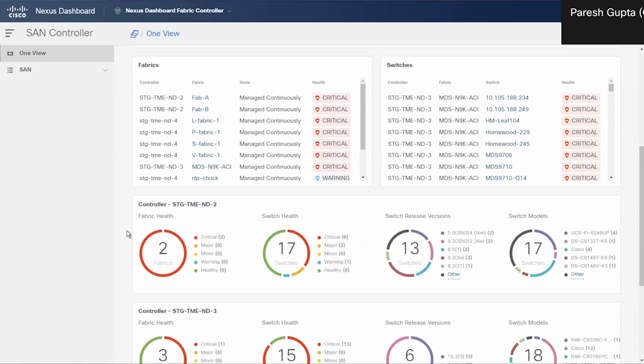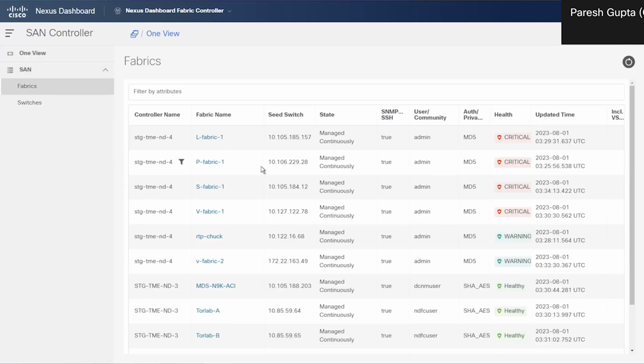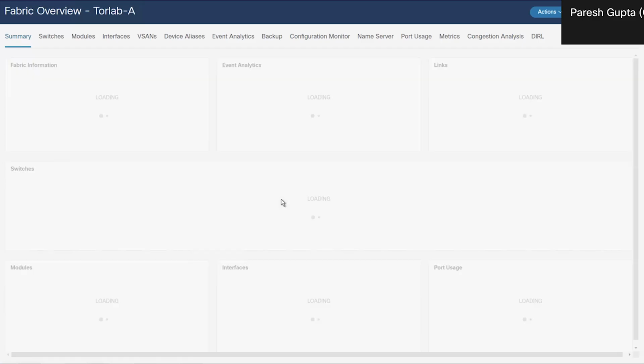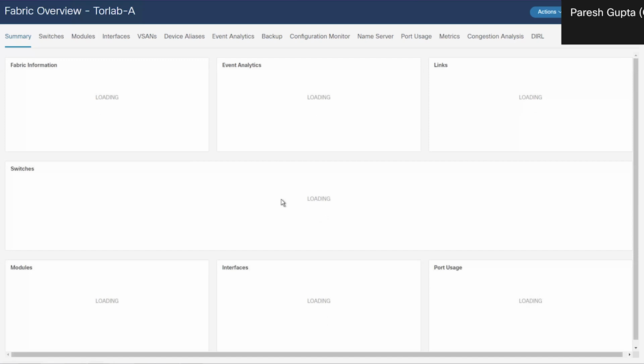Right. Now, at some point, let's say if I go here in SAN and I say go to fabrics, right? And if I decide, okay, I want to see something that is managed by a different Nexus Dashboard server, remember it's ND3 now, I logged into ND2, and if I click on this fabric, give it a second. It's going to go there without asking me to log in again. The single sign-on works seamlessly,